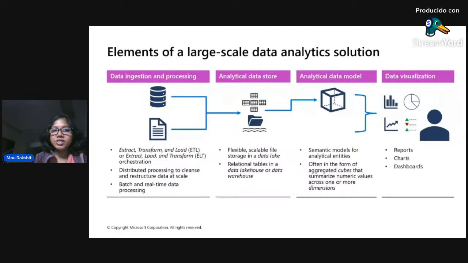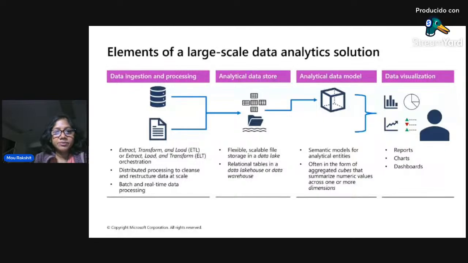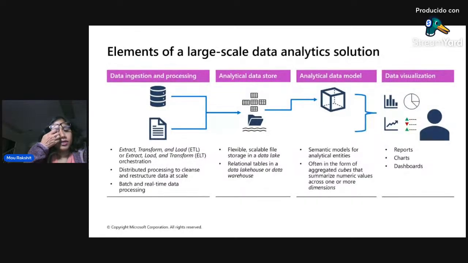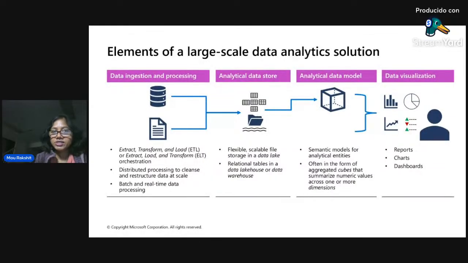You also need the distributed engine to be able to process that data first, and you need a scalable, flexible storage layer. We call that basically Delta Lake if your data files are stored in a Delta format, or Data Lake traditionally, right? Or you might be storing it in a relational table in your lakehouse, data lakehouse, which is a structured row columnar storage for data warehouses for business intelligence analytics workload. And then on top of it, once you stored the data, you cleansed it, you ingested it, standardized it, and then build a dimensional data model on top of it.